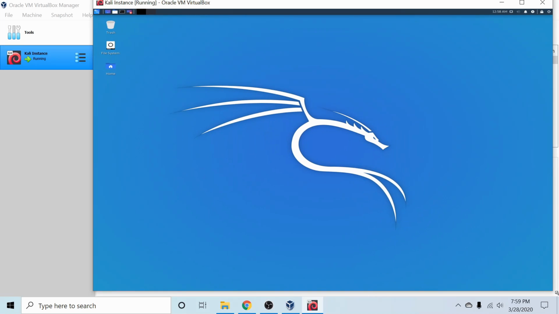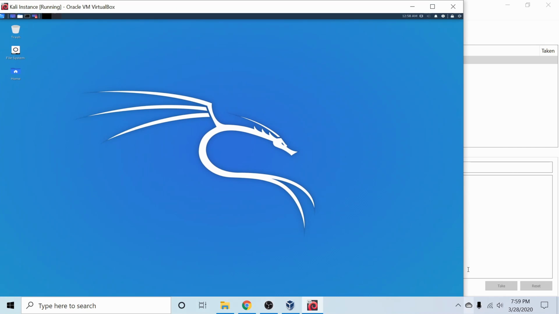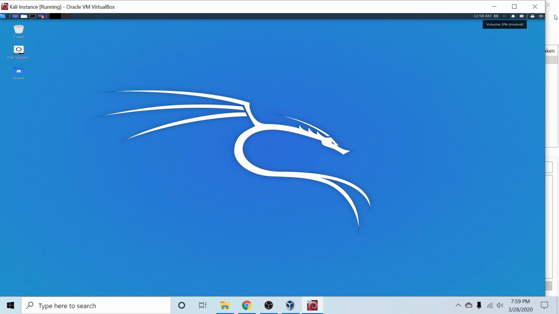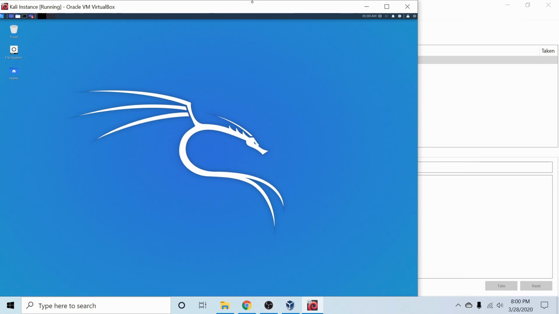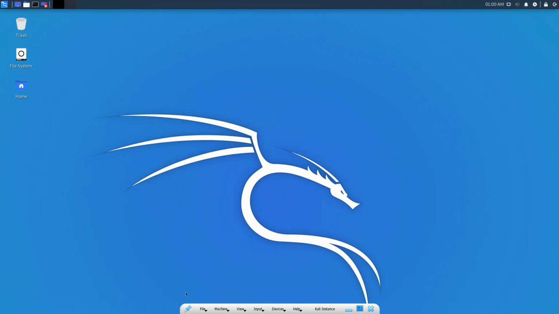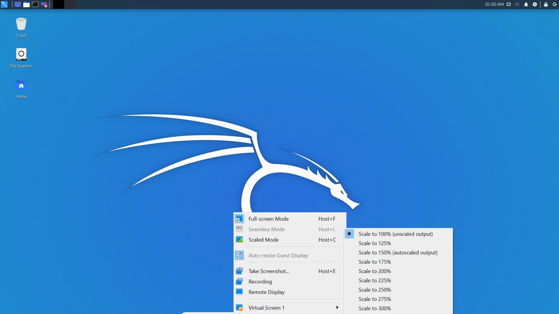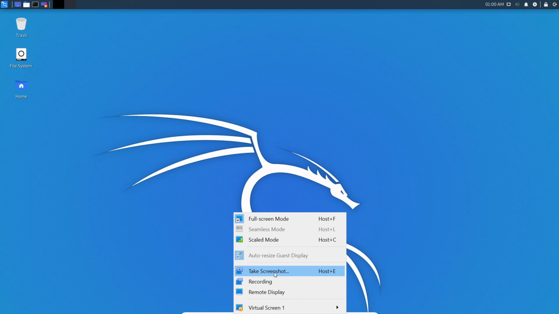What the scale mode allows you to do is actually scale the virtual machine to whatever size you currently have. This is nice too, so you can get in and out of the virtual machine real quick and not have to change the resolution around a bunch of times. So I'm going to go back into full screen and just look at a few more things here. So we looked at view. We can also change and scale the output of our virtual machine, as well as take a screenshot here and